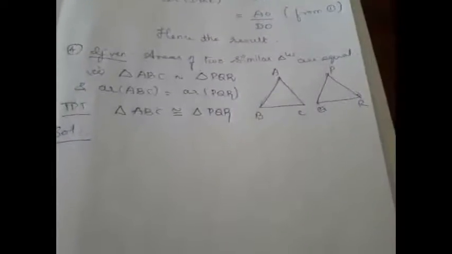It is not necessary that all similar triangles are congruent, because for congruency we need the same size and the same shape. For similarity, it is enough if they have the same shape; the corresponding sides need only be in the same ratio, right? So similarity does not imply congruency in all cases. But here they have given you a certain condition. Their areas are equal and then they asked you to prove the triangles are congruent.